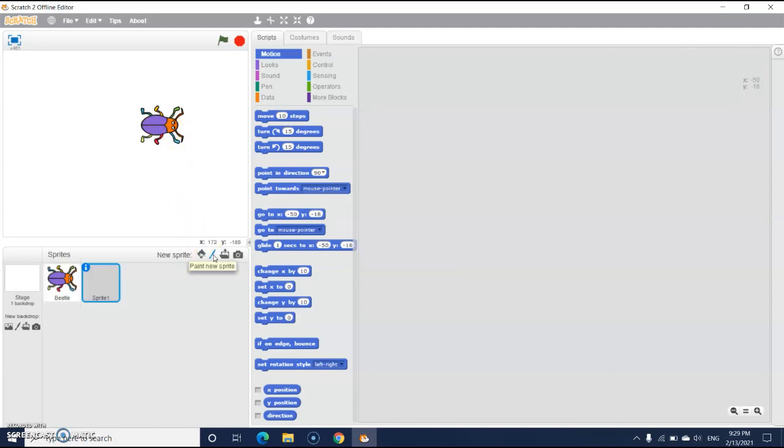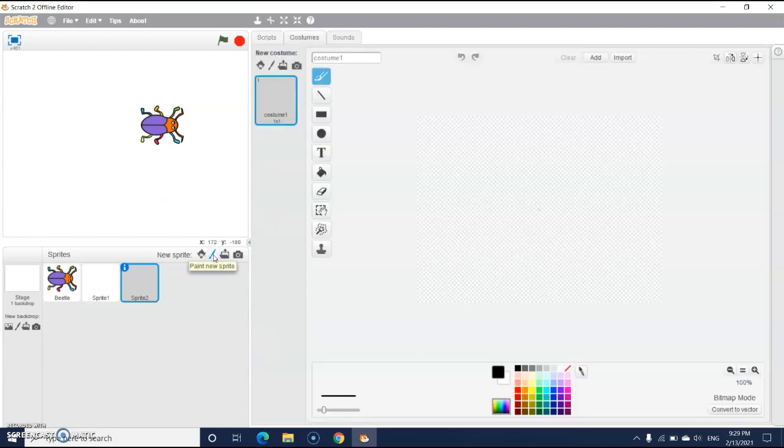Paint a new sprite. Clicking on this button will open the paint editor window where you can draw a new sprite. Let's draw a sprite. Choose a color. To fill with color, you can fill a color inside it.